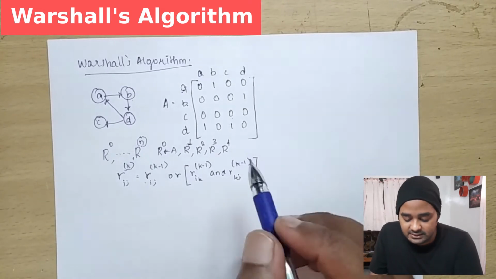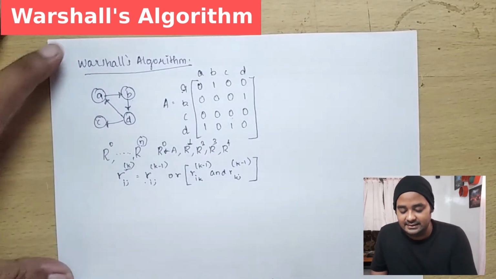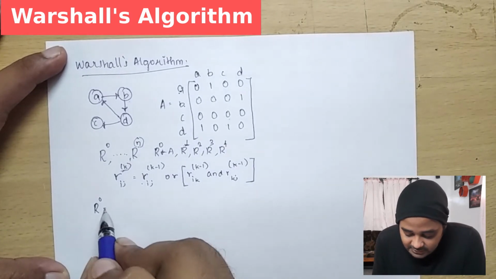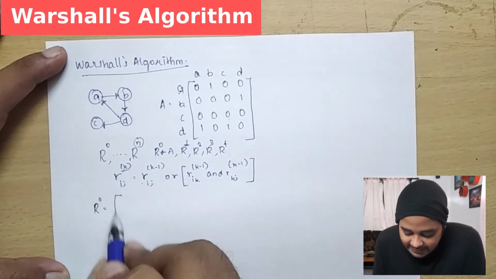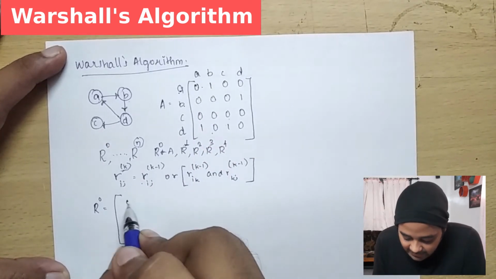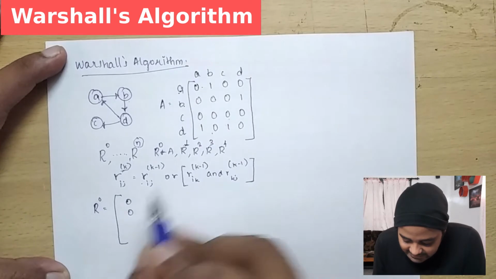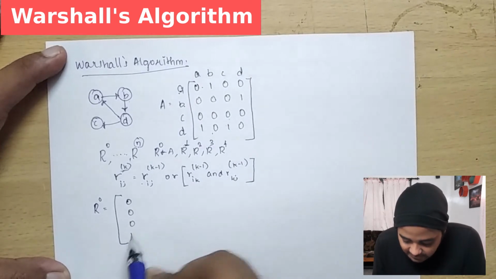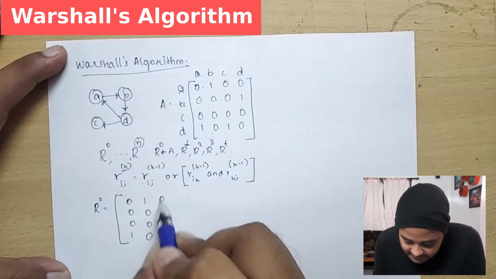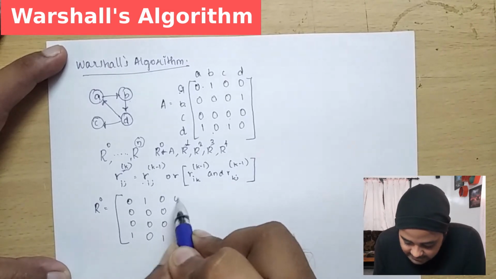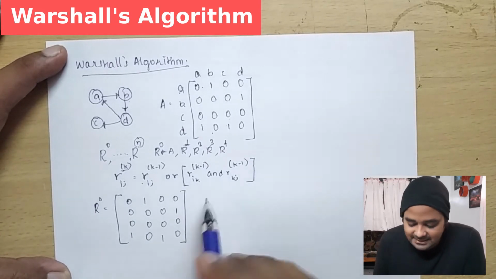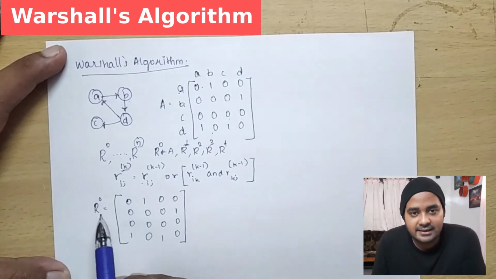Okay, so first, as said earlier, we will be constructing R1. So R0, we are just directly allocating our adjacency matrix. We are just taking our adjacency matrix and putting it up. For example, I am just taking it over here. So 0 0 0 1, and then similarly 1 0 0 0, 0 0 0 1, 0 1 0 0. So this is our adjacency matrix. I am just simply putting it inside my R0, right?